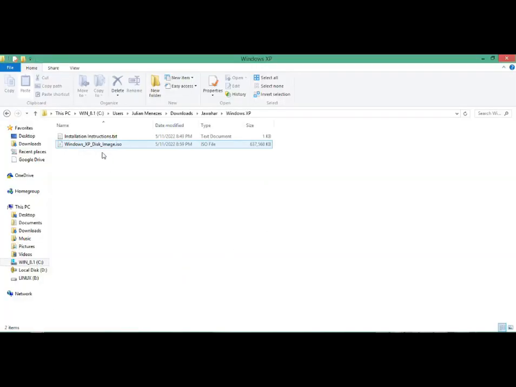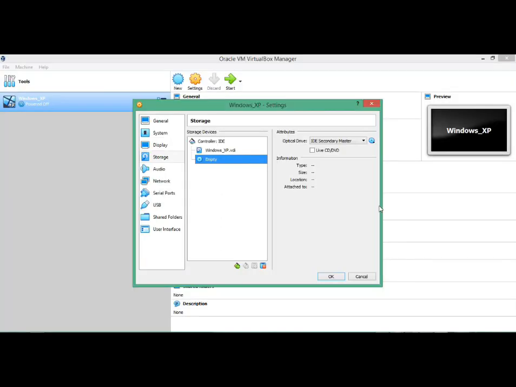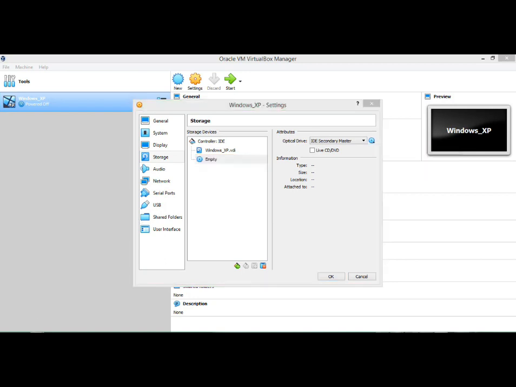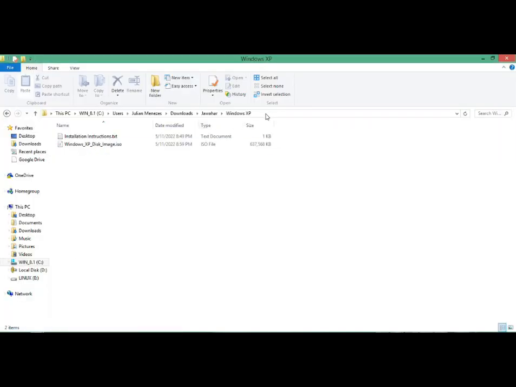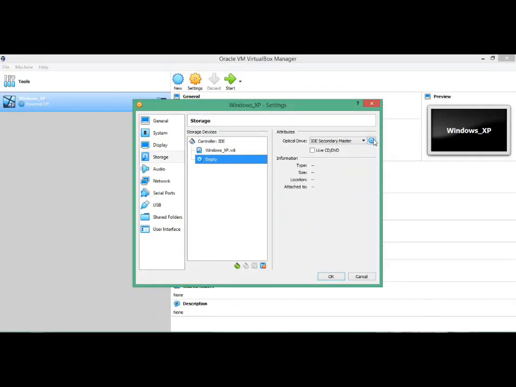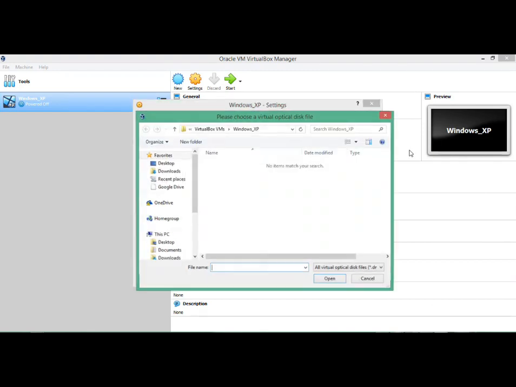This is over here. I'm going to use this image and boot up my virtual machine immediately. So let's get started. I click on this option icon over here, and I'm just going to copy paste that path real quick. Just copying it here, and I'm choosing this choose virtual optical disk file. Let's click on that, and I copy paste that particular pathway. There you go. I just click on it,